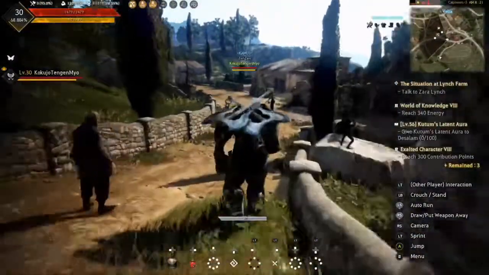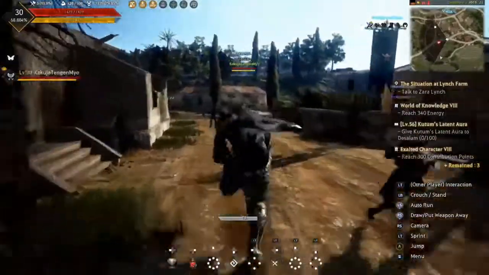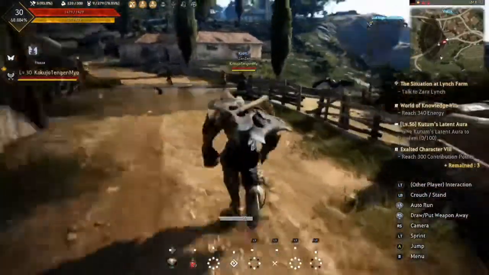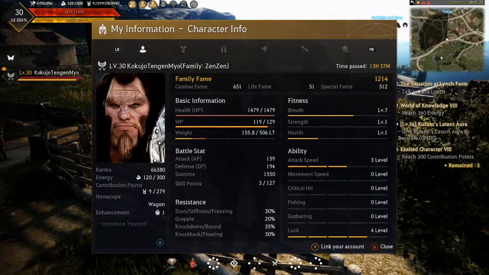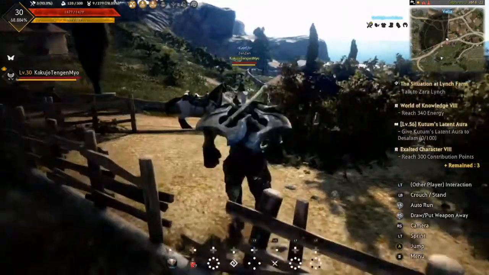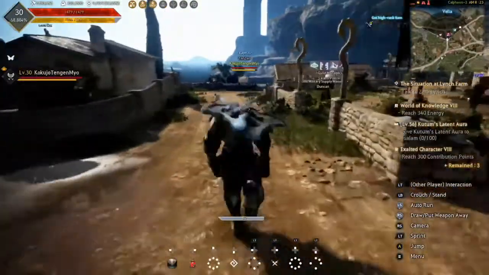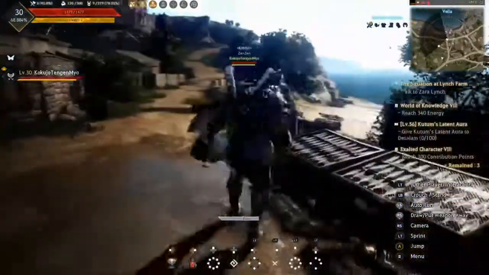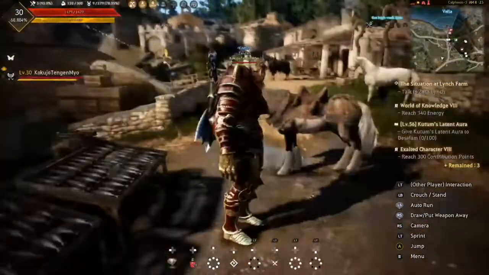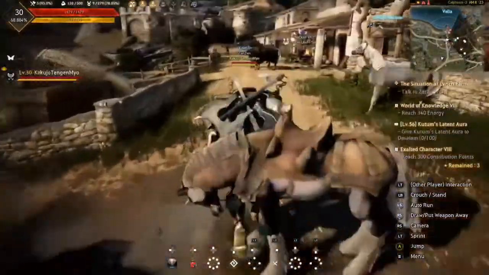Or you can do it the other way, where a lot of people do. They have one alternate character that they have negative karma in. You can see my current karma is 66,380. They have a negative karma character, and when you have negative karma and you come into the cities, the guards for the cities will actually chase, attack you, and kill you. And